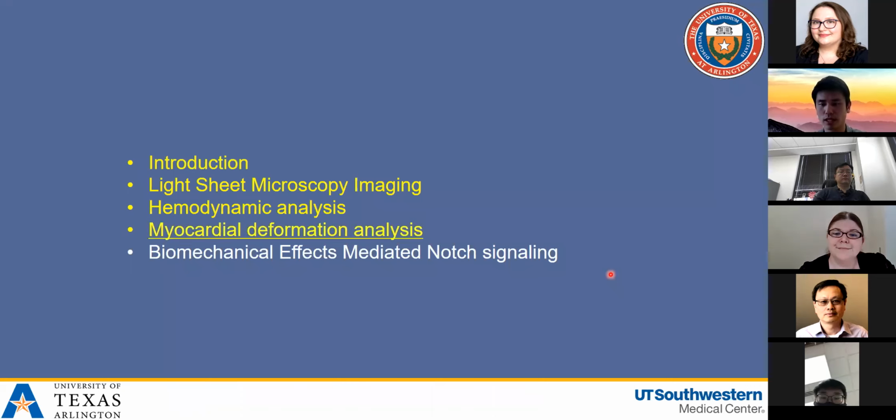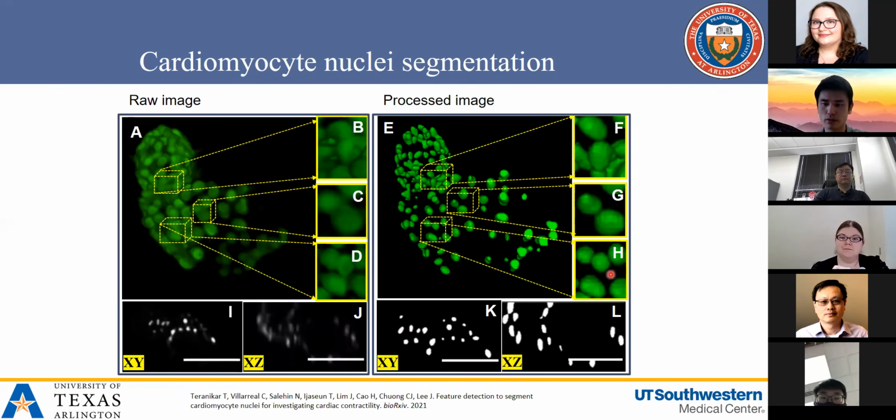So now we want to understand how myocardial deformation affects the trabeculation. To quantify the contractility, we first use transgenic zebrafish that we collaborate on with Dr. Jeffrey Byrne and Caroline Byrne at the MGH. Oh, they actually moved to the Boston Children's Hospital recently. They nicely provided us the transgenic zebrafish line to visualize the cardiomyocyte nuclei. So we use that zebrafish to visualize cardiomyocyte nuclei as a marker, and then we aim to track them and